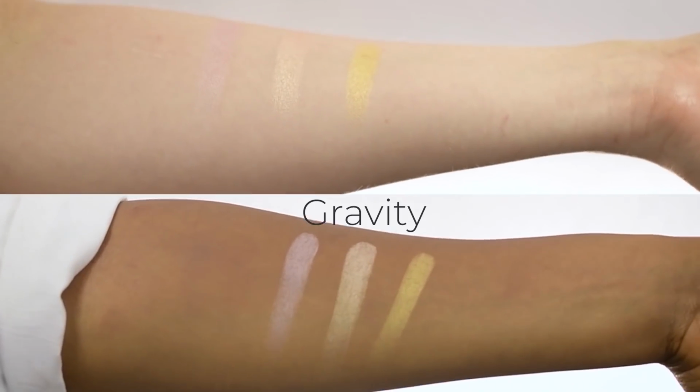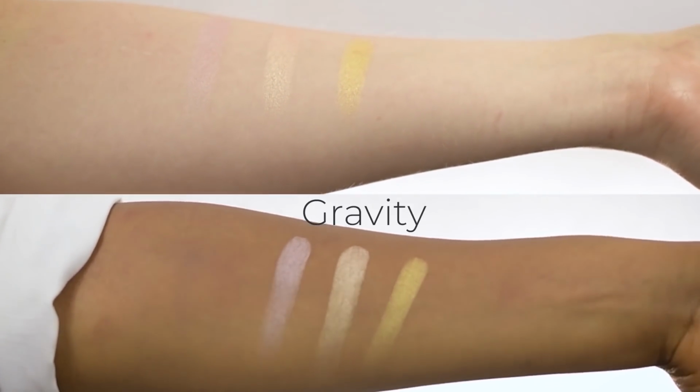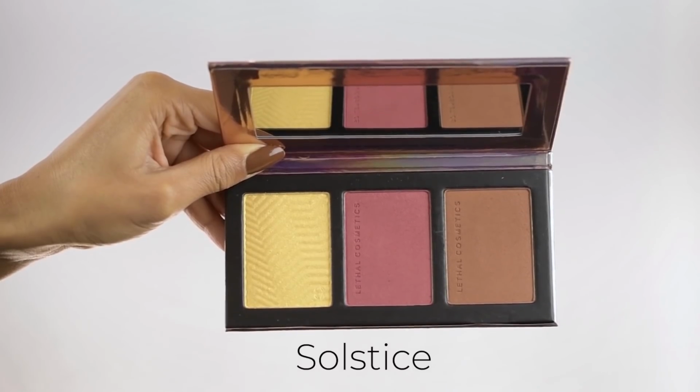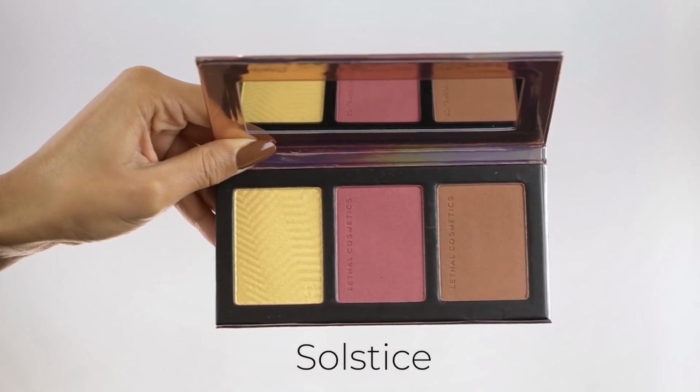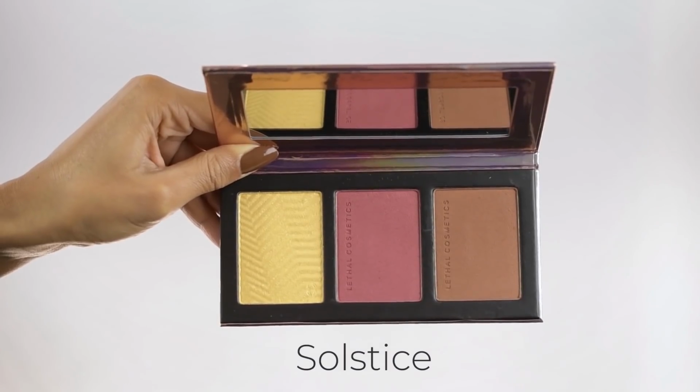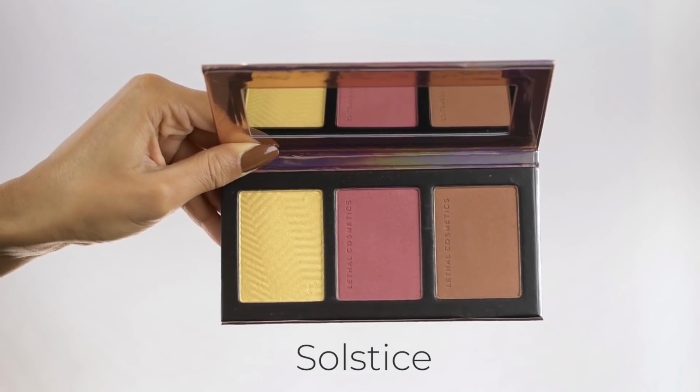This is our third palette called Solstice, and we have this beautiful highlighter called Gravity. It's this gorgeous true gold. I'm super excited about this one. I'm wearing it right now and it's beautiful. You're gonna love it. So additional to our beautiful highlighter, we have this beautiful blush called Echinopsis, and it's cool tone, which honestly I think it's amazing because this cool tone blush is going to look super flattering with this warm toned highlighter on the skin. And then we have Caldera, this bronzing and contouring shade,